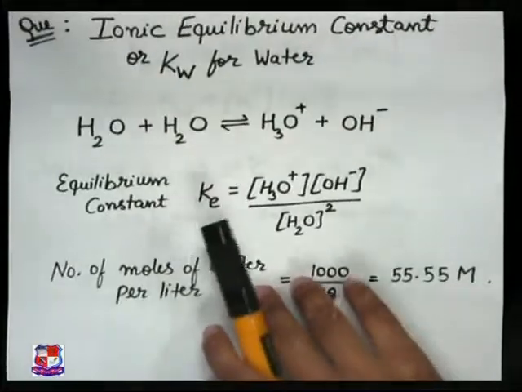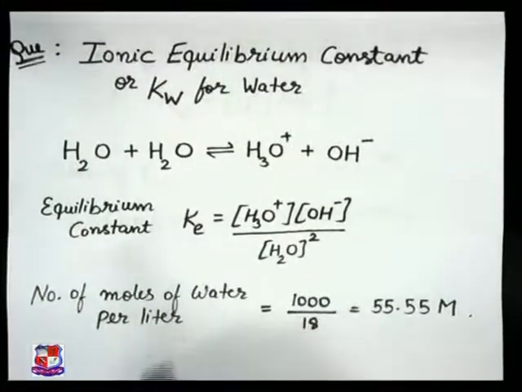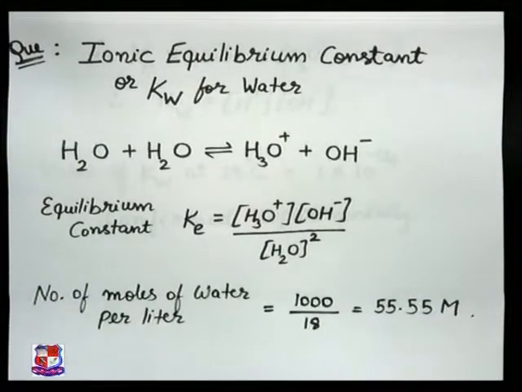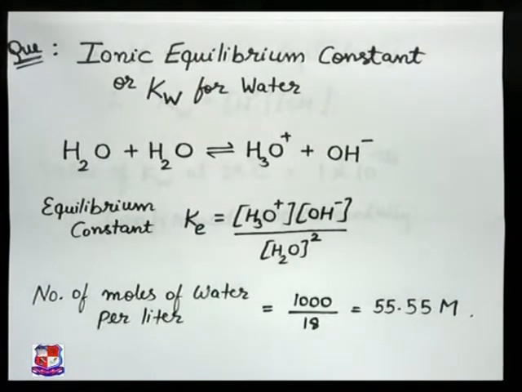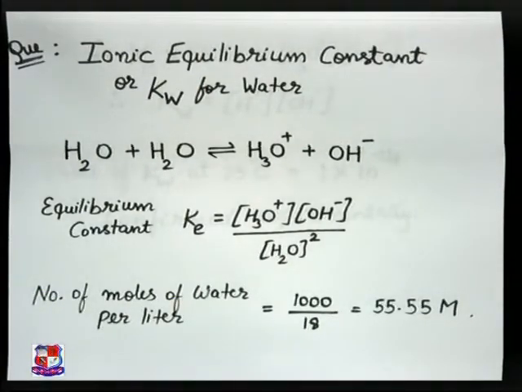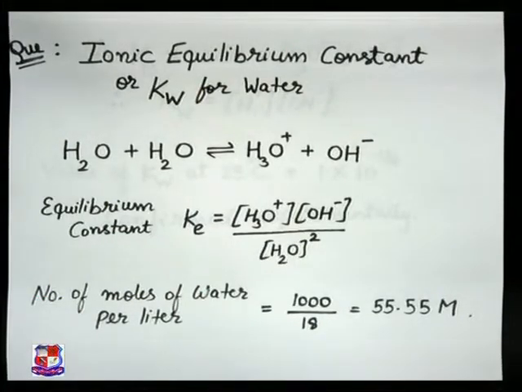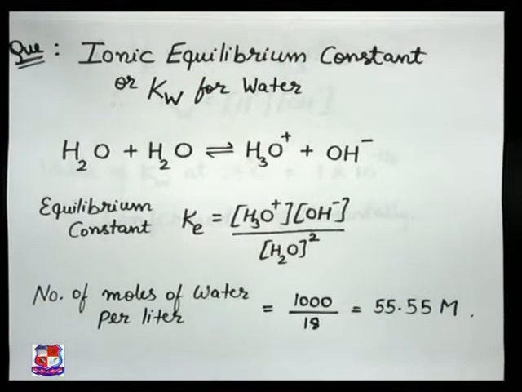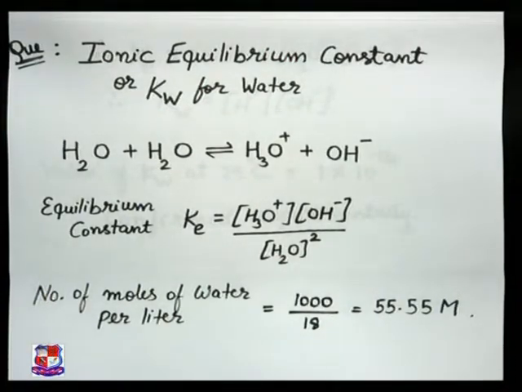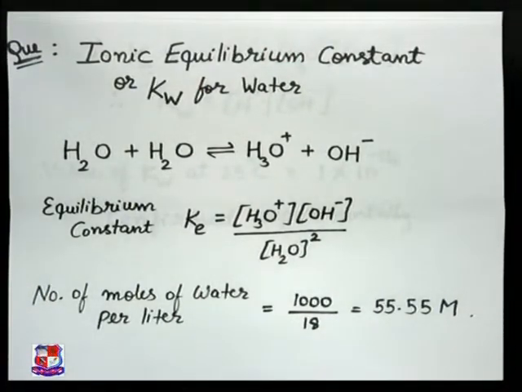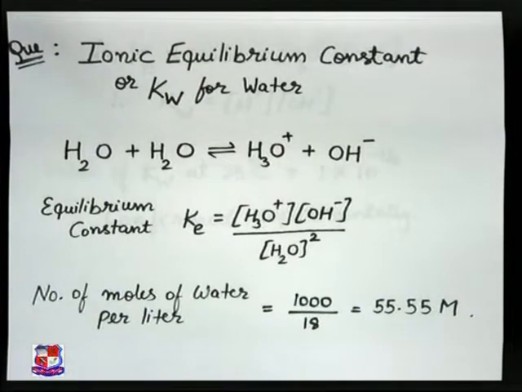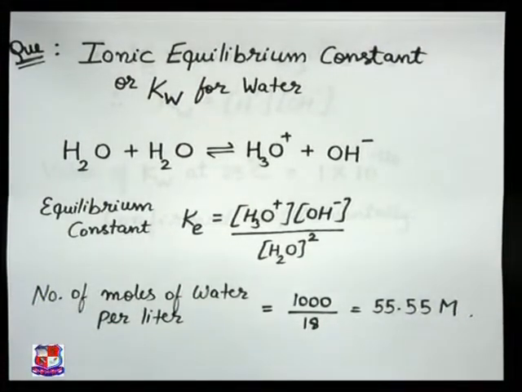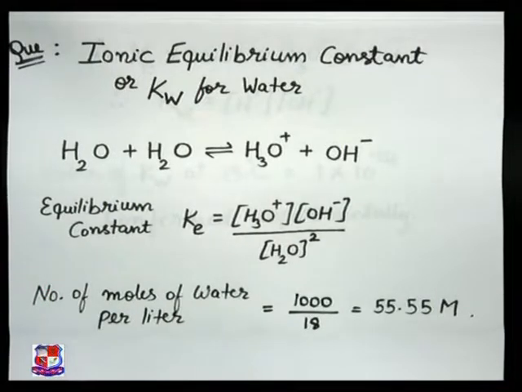You have the ionic equilibrium constant of the water. First we will write the reaction: H2O plus H2O gives H3O plus and OH minus. Then you can find out the equilibrium constant, Kc, equal to the product of the concentration of the products, that is H3O plus concentration multiplied by OH minus concentration, divided by the concentration of our reactant, that